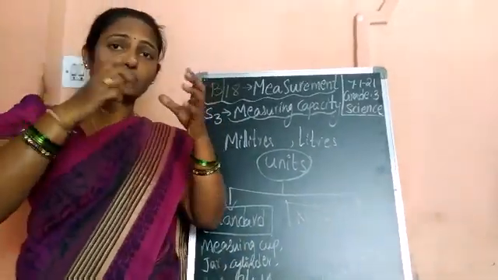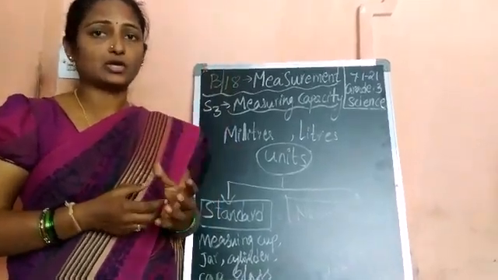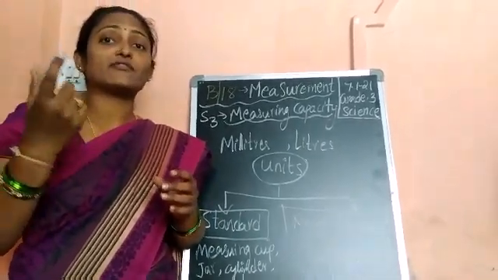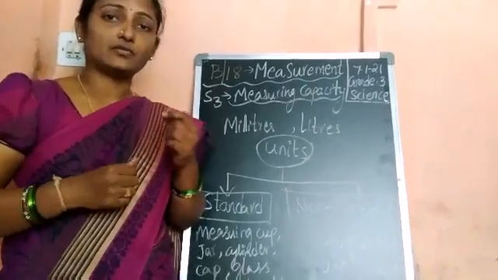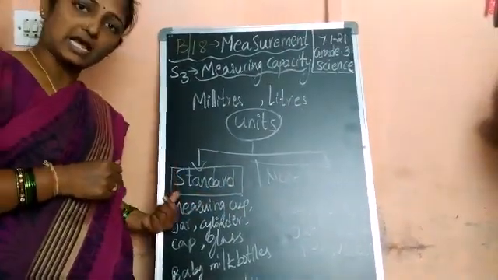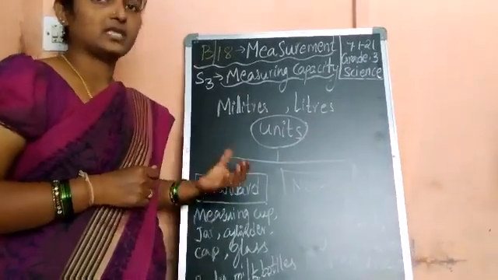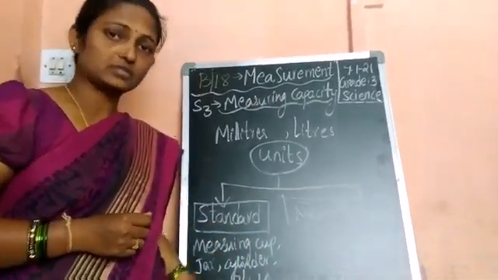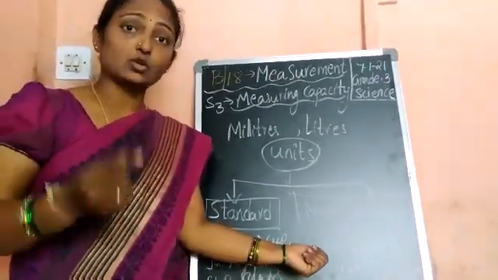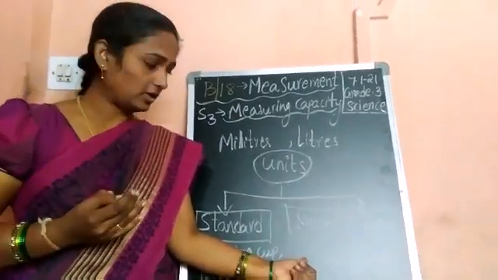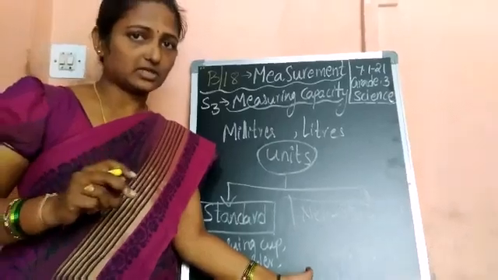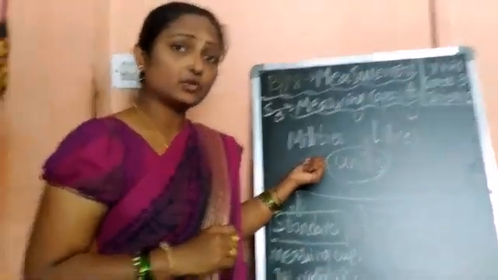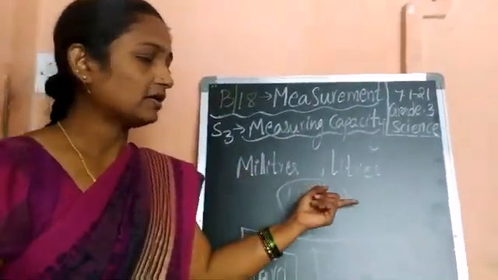The amount of space in the bottle, the amount of water, like in a half filled bottle, we can say is the volume of the liquids. That volume we can measure by standard and non-standard tools. Standard tools have numberings on them. I'll show you the examples. They have number lines which show how much capacity they can hold. Non-standard ones do not have number lines on the cup or jar or any glass. Here they will have units. What are the units? Milliliters and liters.